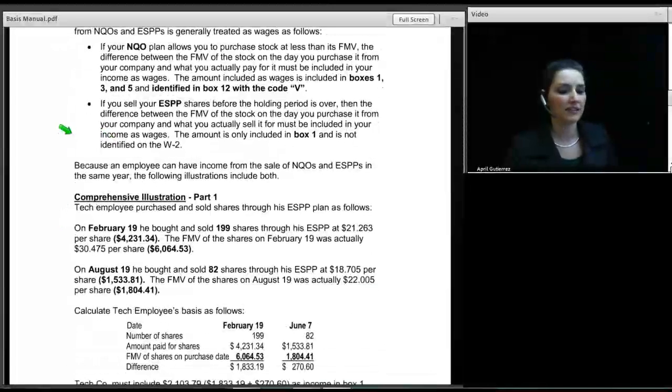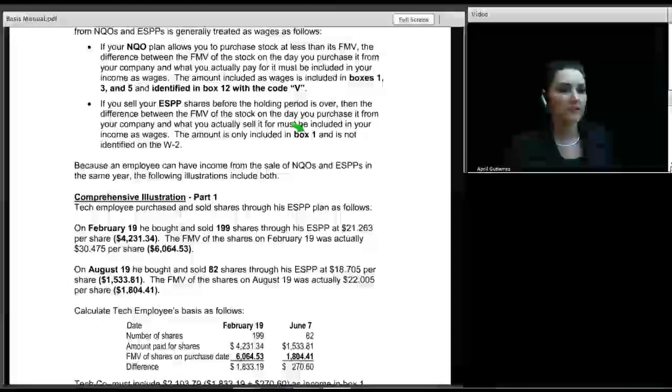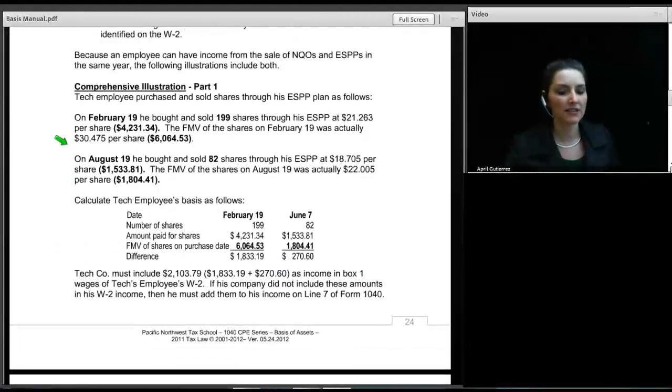But when you exercise ESPPs, oddly enough, they are treated differently. In their case, only the wage box is increased, the difference between the fair market value or the exercise price and the grant price is only subject to income tax and not subject to those payroll taxes. So to make sense of a W-2 that has ESPPs on it, it takes a little bit more work than to make sense of a W-2 that has stock options on it, because the stock options have to have that code V. So to show you how all of this works, I've created a comprehensive illustration, and this is based